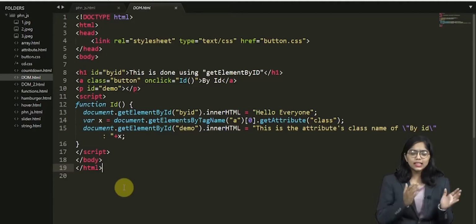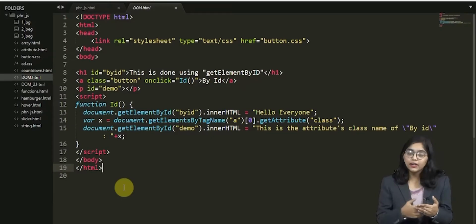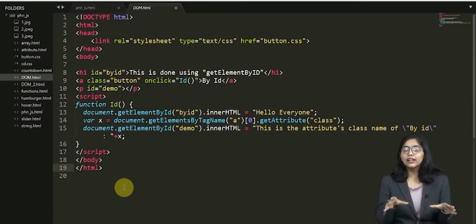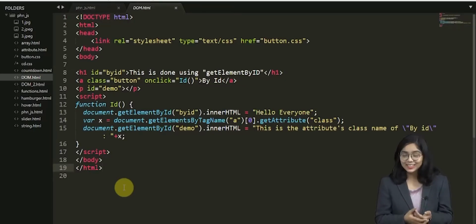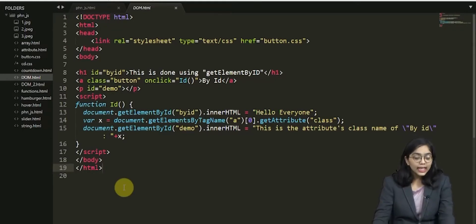Since the class over here is an attribute of the tag, how do we get an attribute? To define an attribute, whatever comes along with the tag, a kind of property of the tag, is an attribute. We learned about this in the previous HTML and CSS tutorial. If you have a little bit of doubt, you can go back to the HTML and CSS tutorial and revise that concept again.